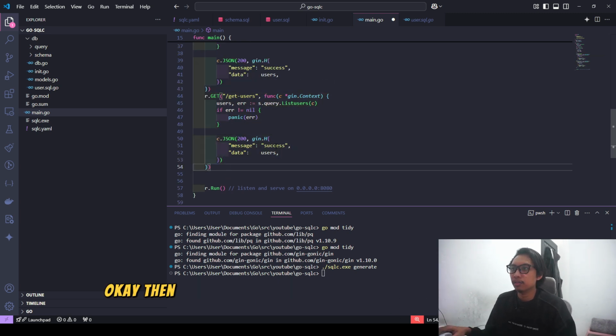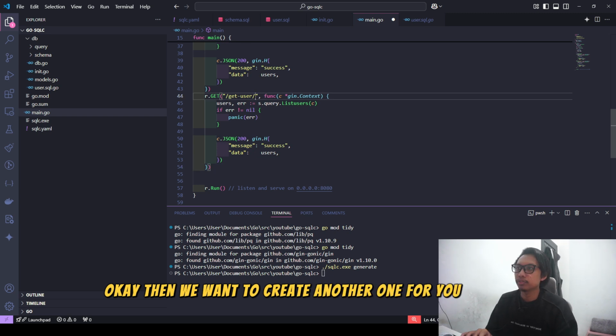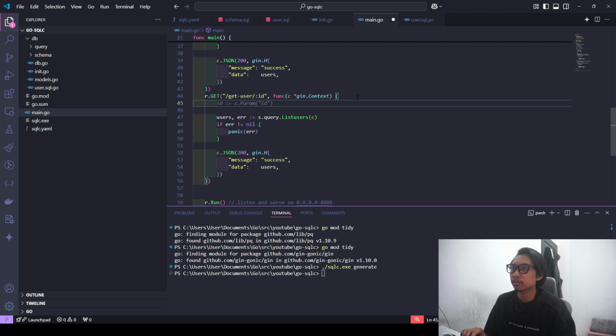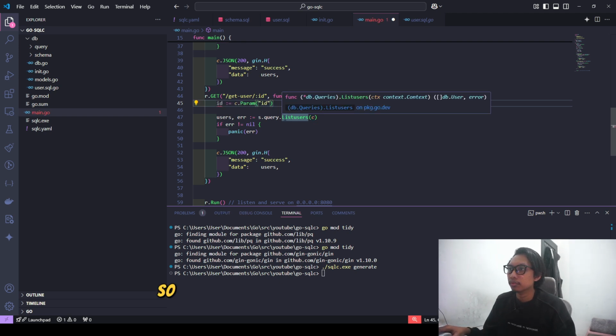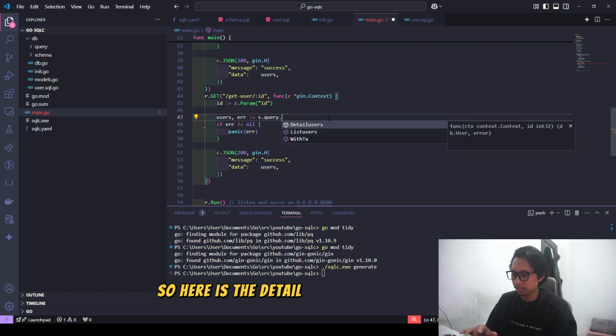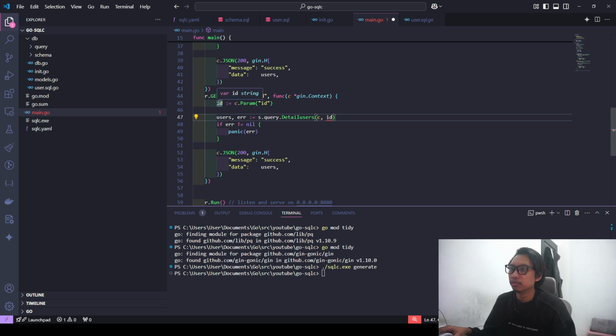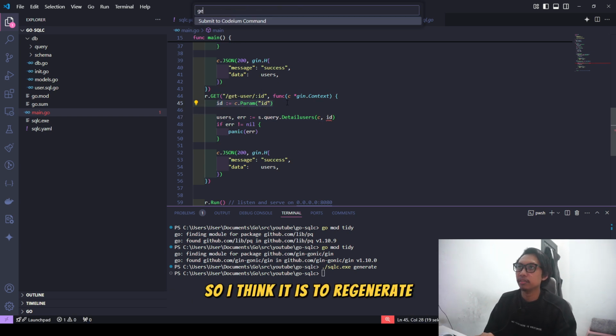Then we want to create another one for users. So here is the detail user. I think this needs to be converted to integer.